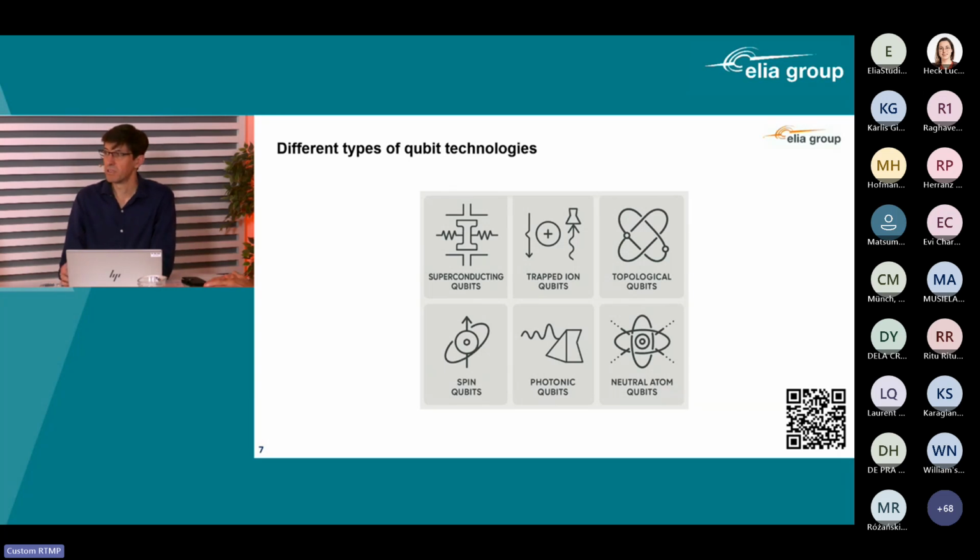When it comes to the technologies of qubits, there are different competing technologies today. You have the superconducting qubits. These are using superconducting circuits to create these qubits. In the trapped ions, they are trapping the charged particles into electromagnetic fields. The spin qubits use the spin properties of particles. Photonic are using photons. This is more used for communication.